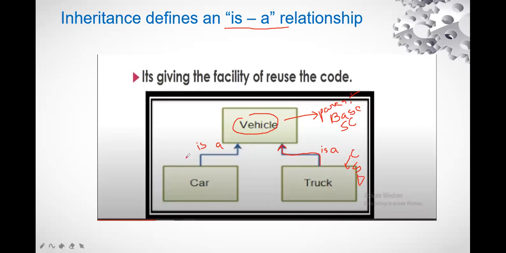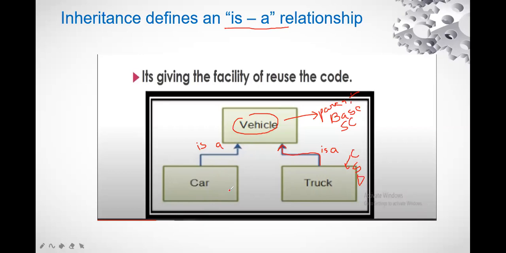If I am defining the car class altogether again, I have to give all the attributes and all the methods again. But if I have the inheritance property, I am going to define this subclass with only new features and new methods.